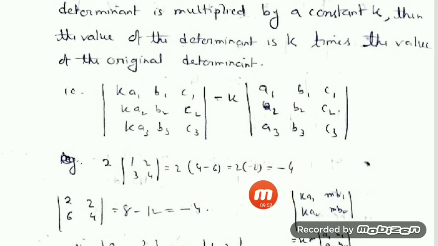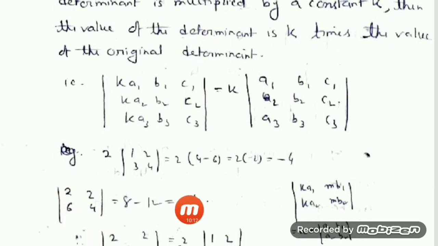Now suppose we multiply the first column by 2. Here this is the original A, say. Multiply the first column by 2, we get 2 into 2 and 6, the second as it is. Now evaluate the value. That means the first column has 2 common. Then let us verify the result. 4 times 2, 8 minus 12. What is its value? It's minus 4.